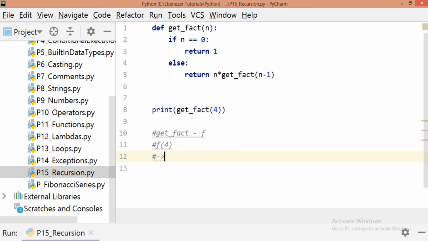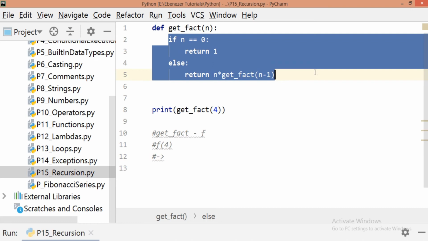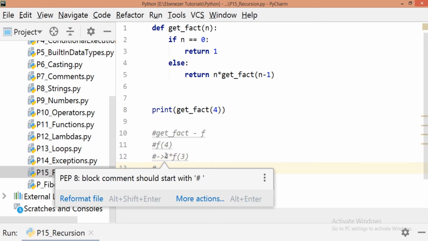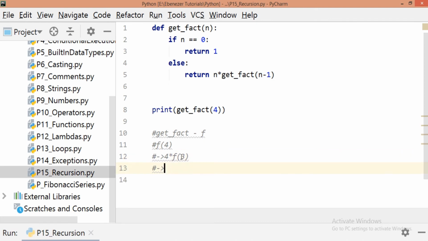It will go inside the function. Now 4 is not equal to 0, so it won't execute the if block, it will execute the else block. What is written in the else block? It is returning n, which in this case is 4, multiplied by getFact of n minus 1, which is 3. Now again it will go, so 4 multiplied by, now 3 is being passed.